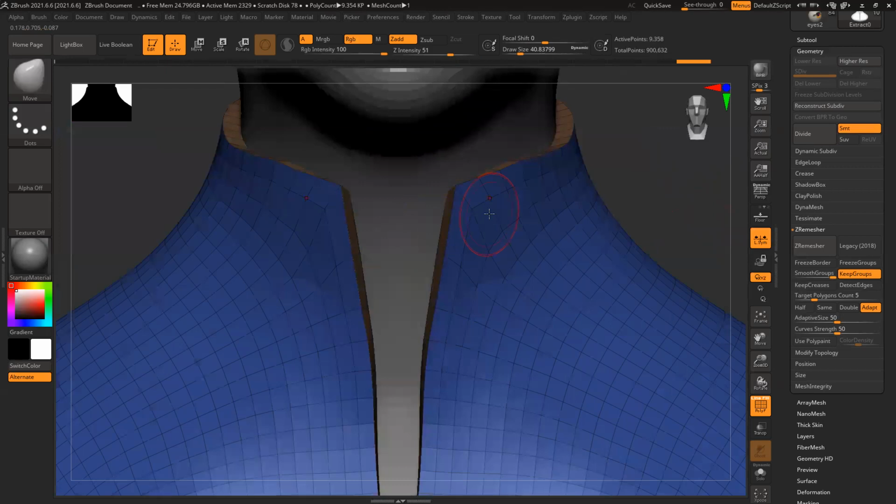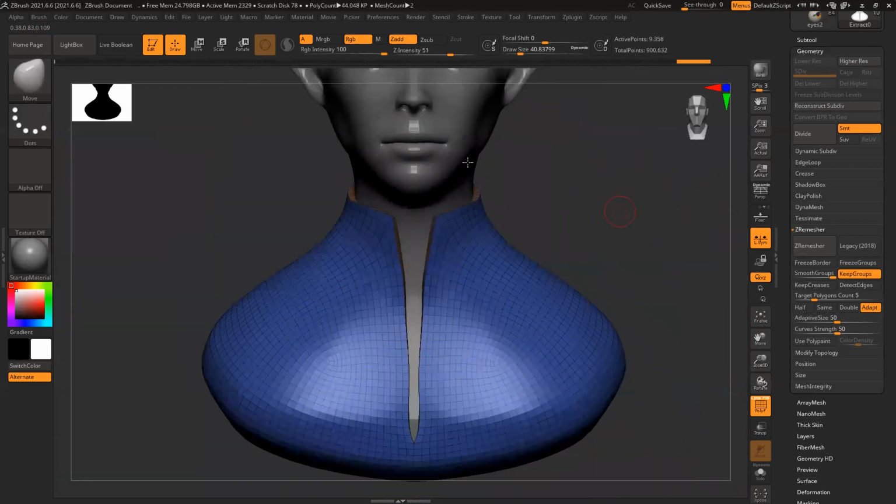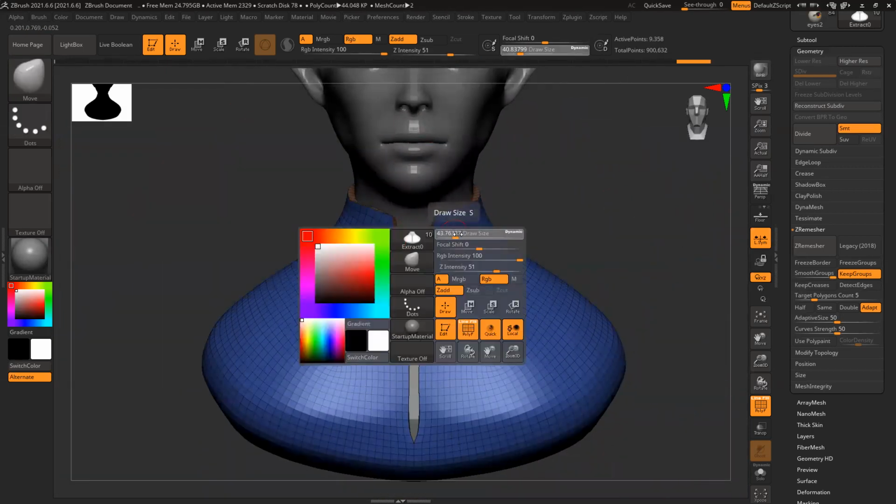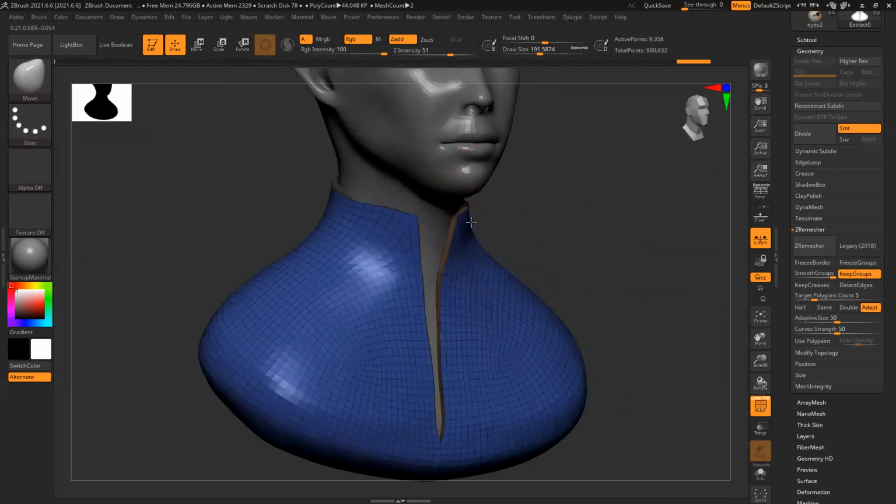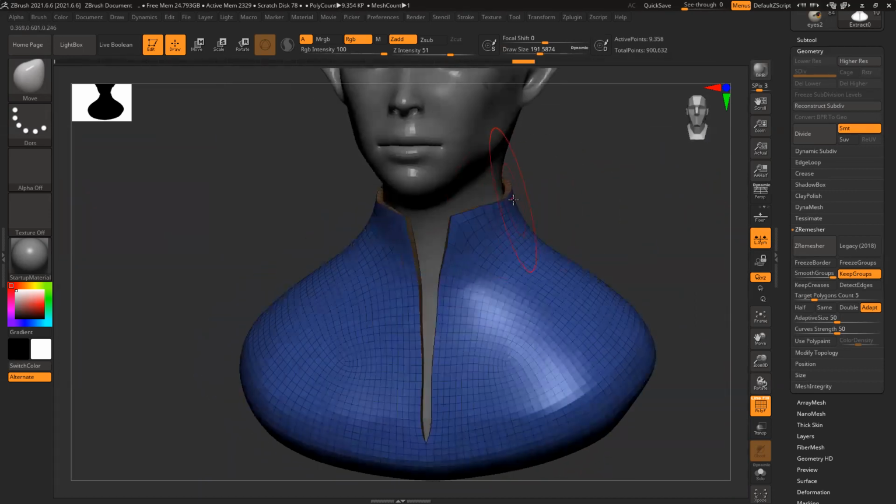Make it a little angular, pointy, and then switch off symmetry, increase the brush size, and create that asymmetric shape.